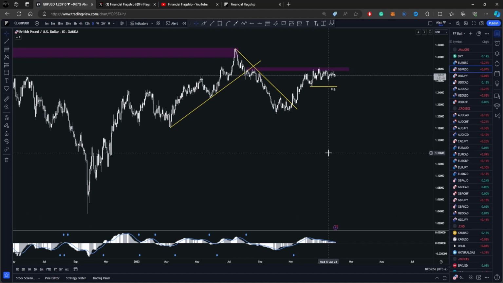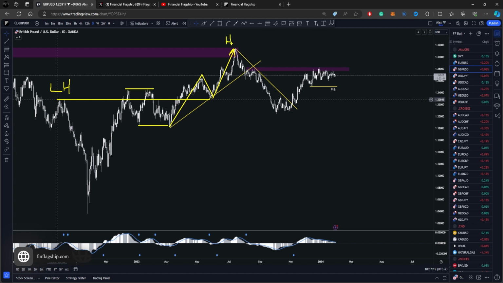Hello everyone, today we're going to have an in-depth look at Pound USD and we're going to start off with the daily time frame. And as you can see, we have an uptrend developing at the moment. First of all, the price broke the previous lower high level and then it started to correct here. It made this consolidation, then it started to move back up, creating a higher high, which was the confirmation of